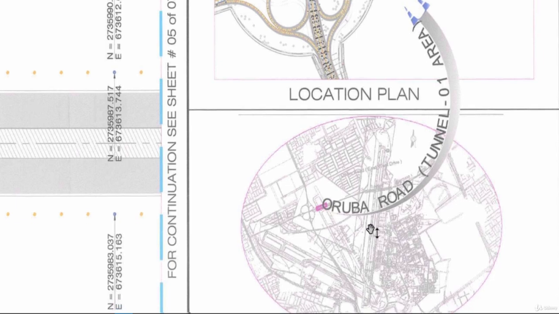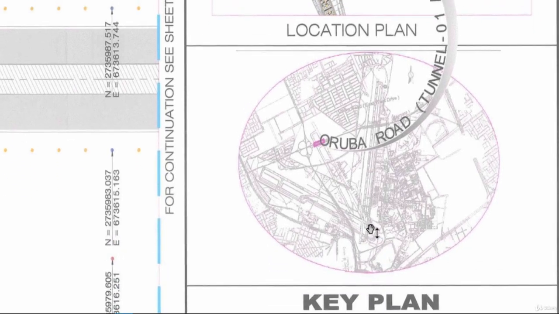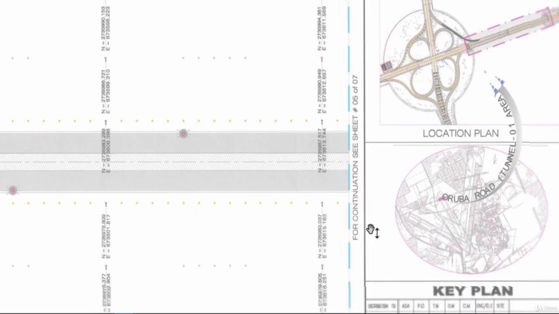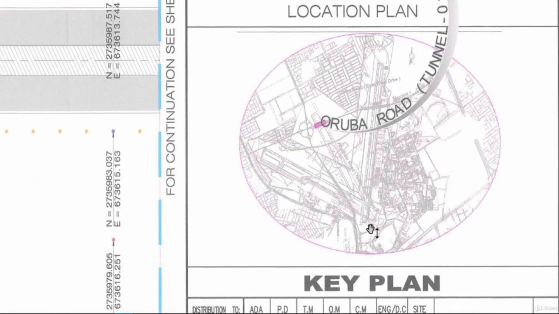Whenever you start to quantify anything, you need to consult the key plan first, so that you have a general idea of where exactly you are working. If you start working directly on a particular portion and you don't know its location, you don't know where to start and where to end. To overcome this, you first need to study